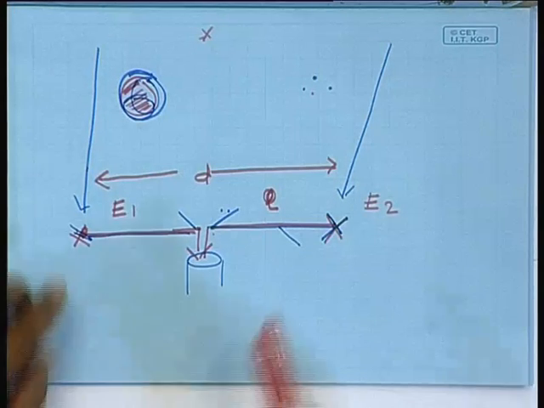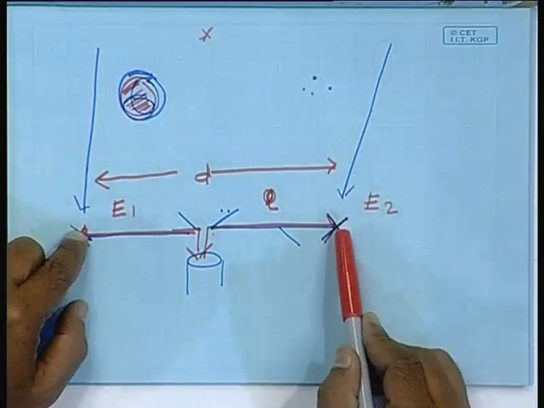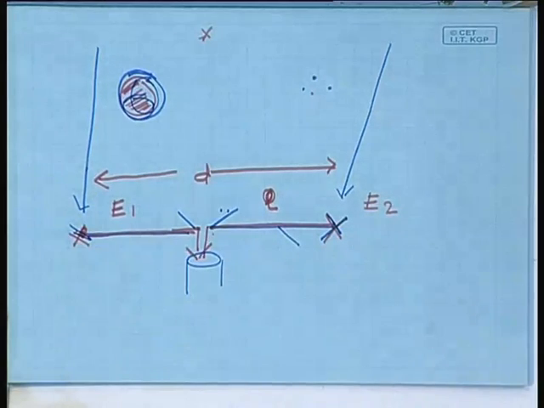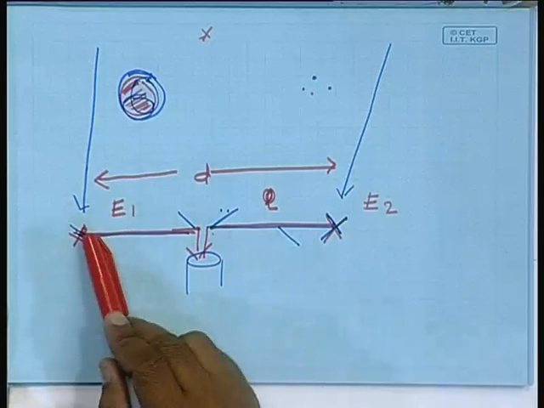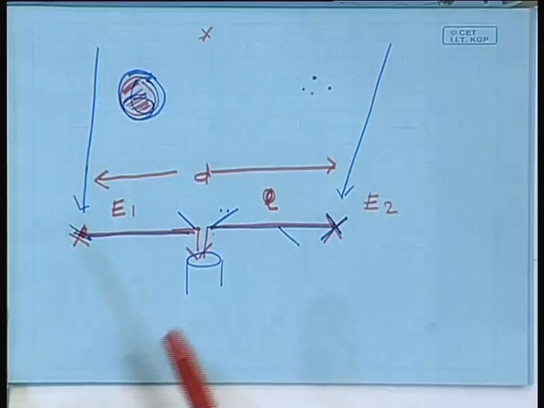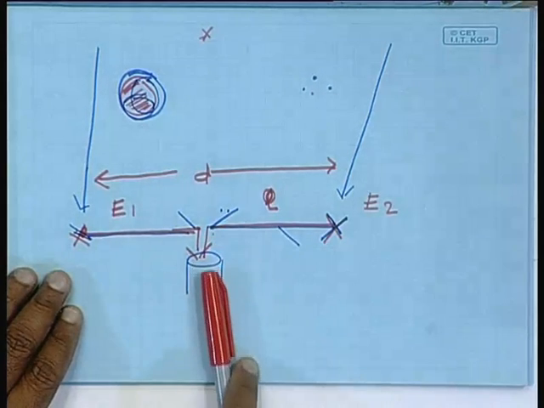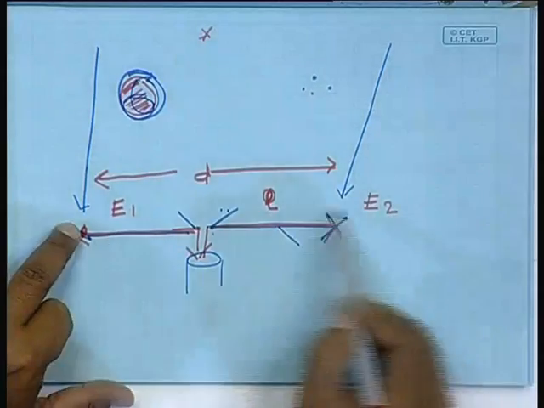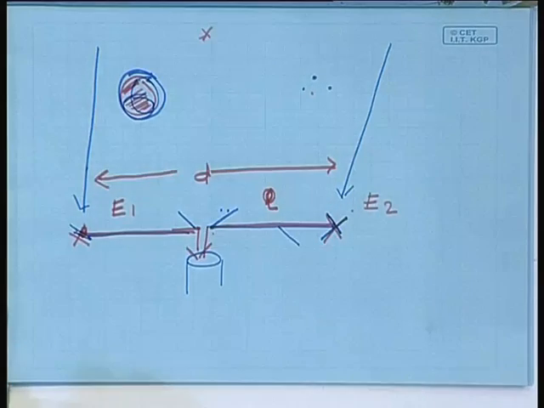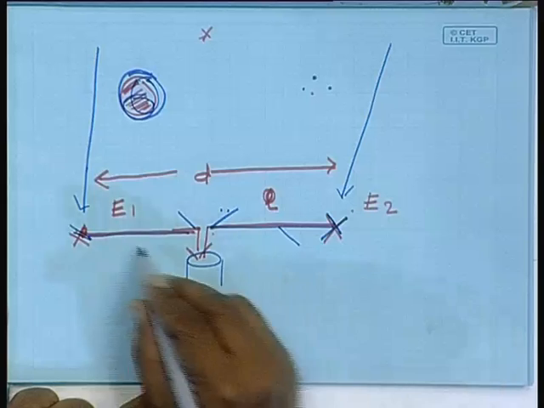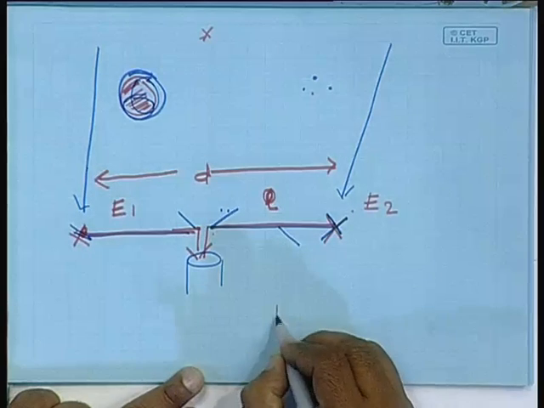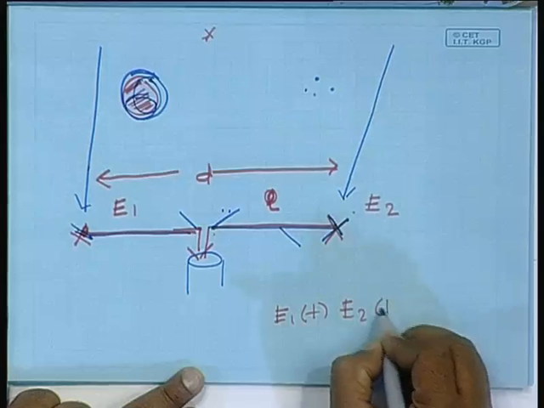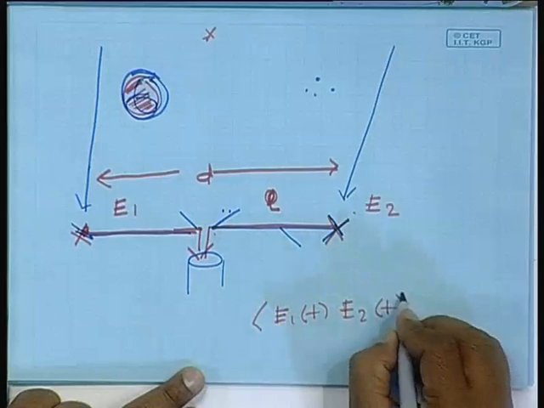Instead of the slits, you have these two mirrors over here which will collect the wave coming on it, and bring them to the same point. So it is like measuring the intensity in a Young's double slit experiment. It's like measuring the intensity at the center of the two slits on the screen. So the waves arriving at these two points are brought together and made to interfere. The term which is responsible for the interference here will be E1(t) into E2(t), the time average of this, which we have already discussed.